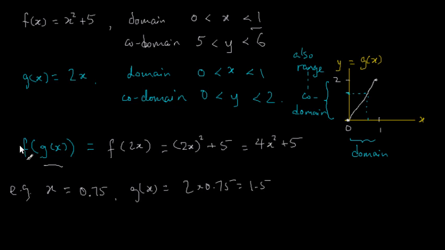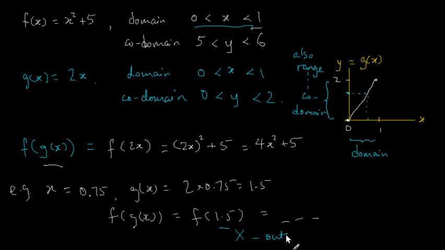Now, can I then use it in here for f of g(x)? If I do that, I get f of 1.5. I can try and find an answer using that formula. The formula is not a problem. But the problem is that for f(x), I'm only allowed values of x between 0 and 1. And now I have a 1.5 that I want to calculate for this composite function. So clearly the 1.5 is not allowed because this is outside the domain